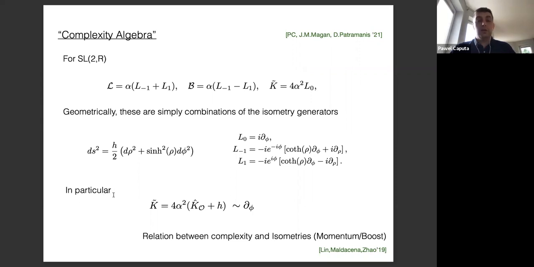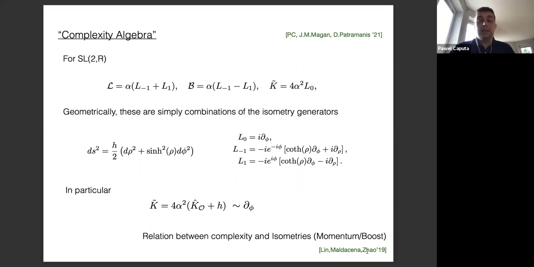And in particular, this operator K tilde is very closely related to the Liouvillian, basically, to this Krylov complexity operator that I talked about at the very beginning. It's simply the generator of translation in this phi direction in this geometry. And actually, maybe this is a small answer to Piotr's question. There has been a lot of work in lower-dimensional holography,